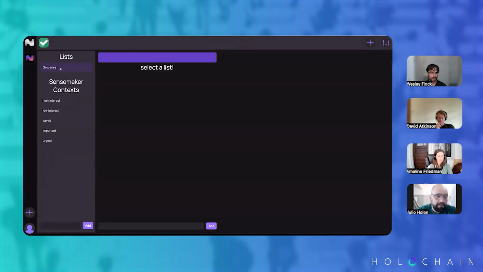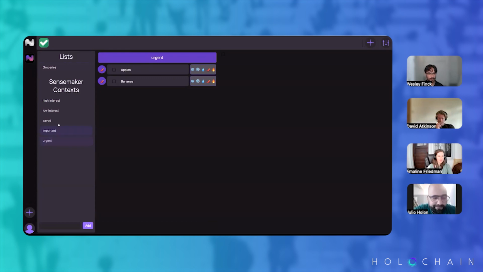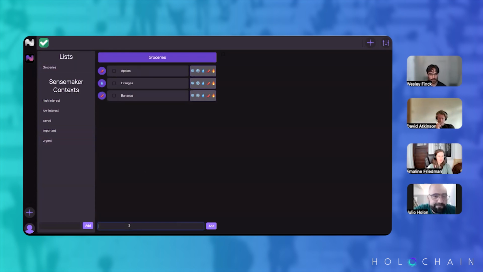Okay, so now we can see the groceries list is here. And look at that. There's existing ones. I can go in. They already have values, as you can see on the left. Yeah. These are the assessments from the first user. I can go ahead and assess them myself. Right. So now these are the average values. Averages. Mm-hmm. And you know, I can go ahead and add something else like